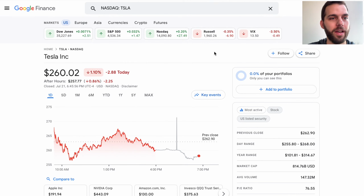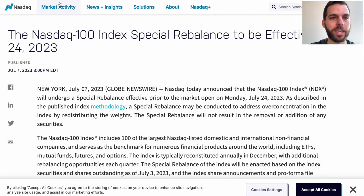All right, so looking at the stock, another little underperformance for Tesla today, finishing down 1.1% to close at $260.02. The NASDAQ up 0.2% on the day today, but we were still facing the rebalancing of the NASDAQ 100. So if we look at this, of course, that is going to be effective on Monday, which really means today's closing cross trade, like we talked about way back with the S&P 500 inclusion, would be when traders want to make the trade to minimize their tracking error if they are